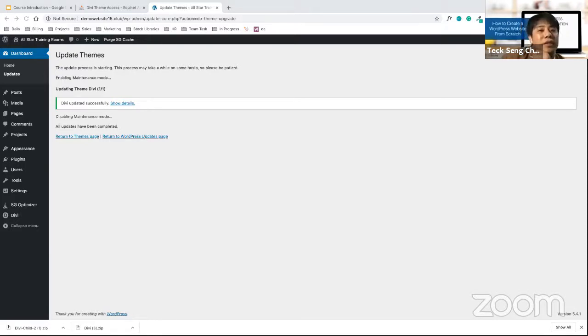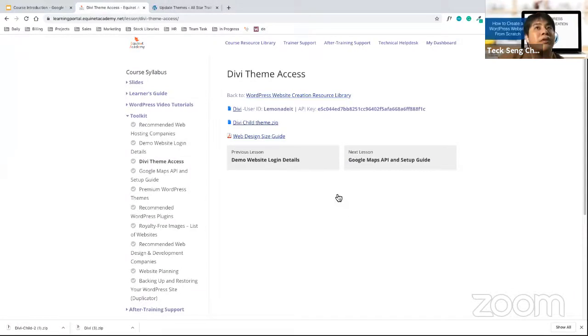So what you have done earlier, although there's a lot of steps, is the steps that you can take to install your themes. Usually for themes, once you buy the theme from DB, for example, they will give you a link to download, and then to keep your theme updated, they will also give you the username and API key. If you were to buy any themes. So for DB, the username and API key, you can also use what you see here.